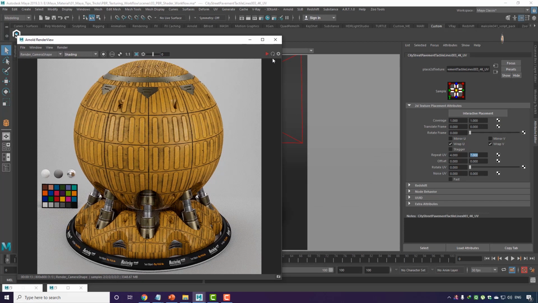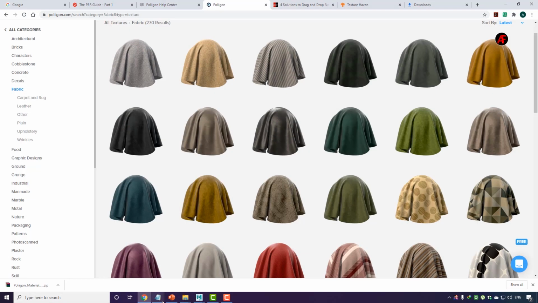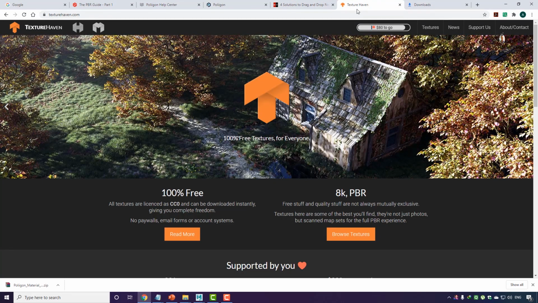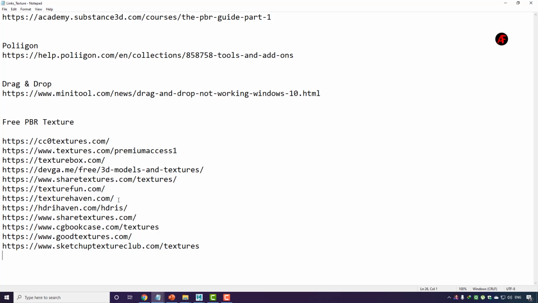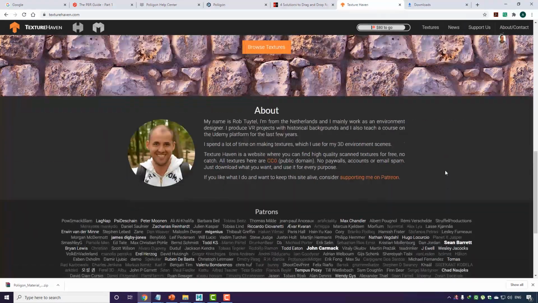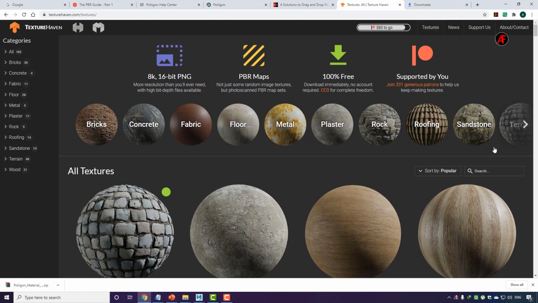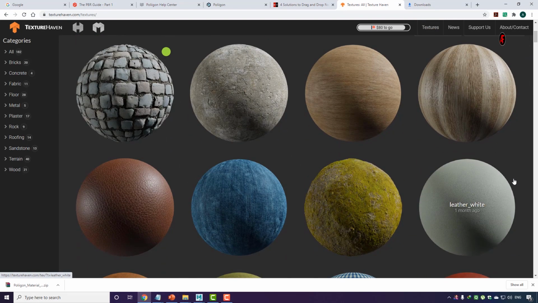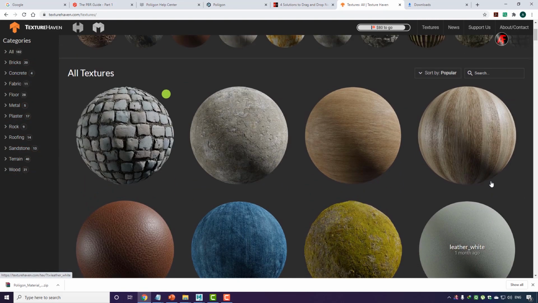what happens if I download the texture from the internet? Let me show you what I mean by that. So if I go to this website called Texture Heaven, okay, again I have already given this in your description. So I just come up over here, scroll down, okay, maybe go to the texture over here, and you can see we have some textures. Okay, nice. All of them are categorized. So you can just download them.